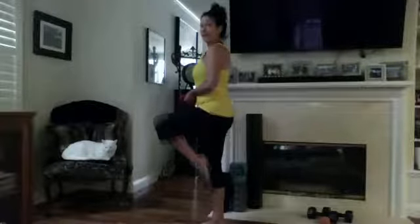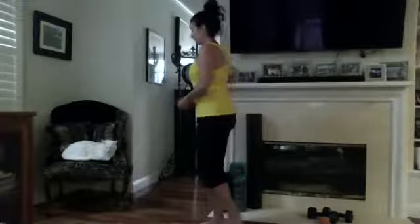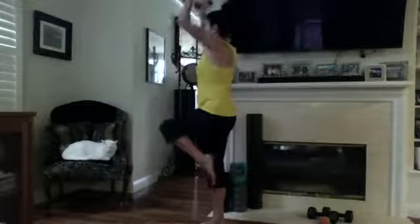Your modification is just coming up and down with the leg, arms up and down. If you're doing the modification, make sure you're not arching in the back. Rib cage is not open, rib cage is closed. Otherwise, you're here, coming down, looking straight ahead, and up,